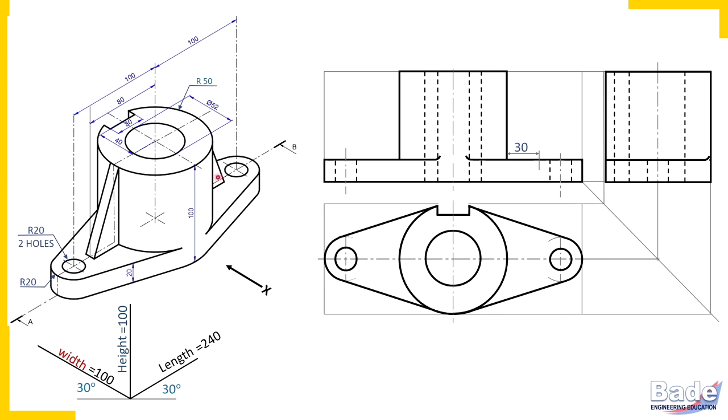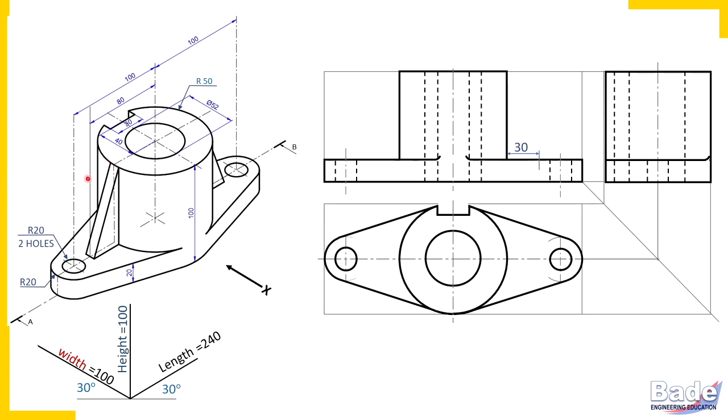Now there are two triangular plates, one on the left side, one on the right side. The largest surface is the triangle that appears in the front view. So measure 30 millimeters, this distance is given 80 millimeters, watch here, up to this edge, 80 millimeters up to this edge. So from